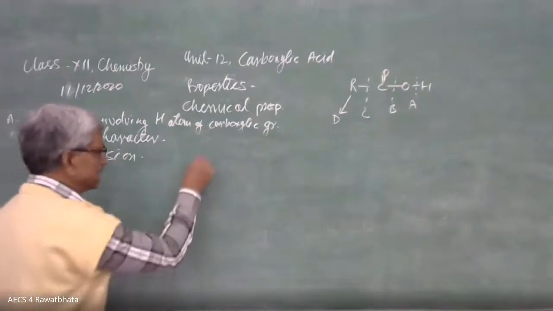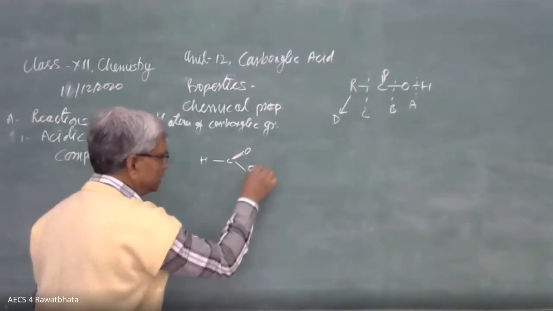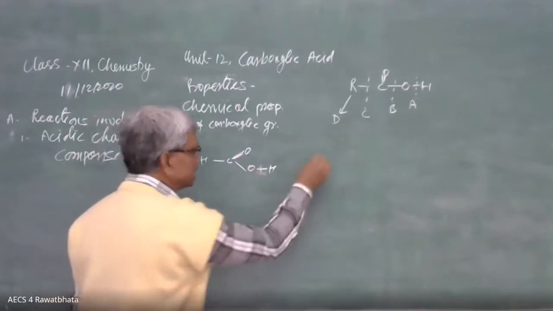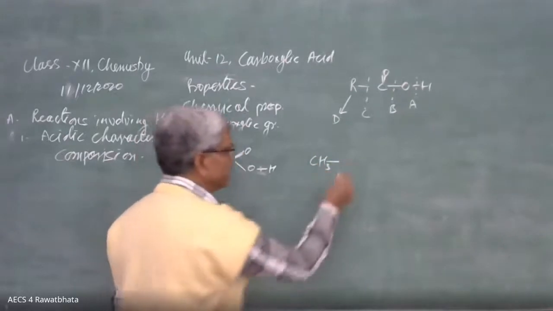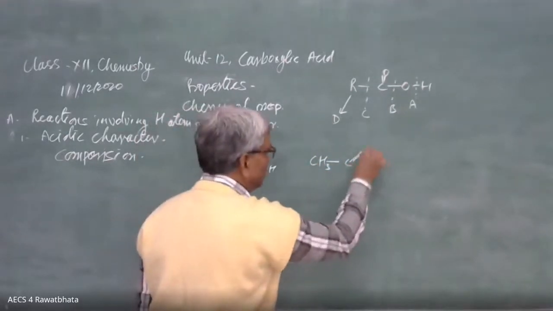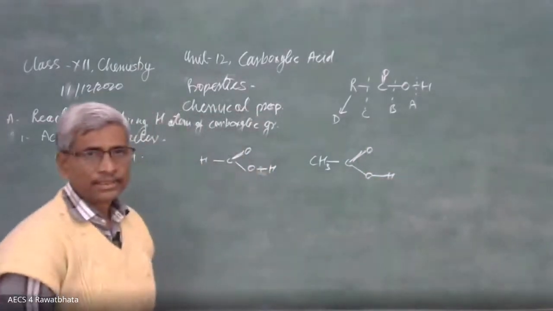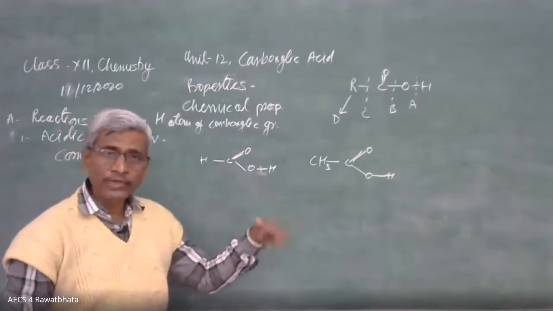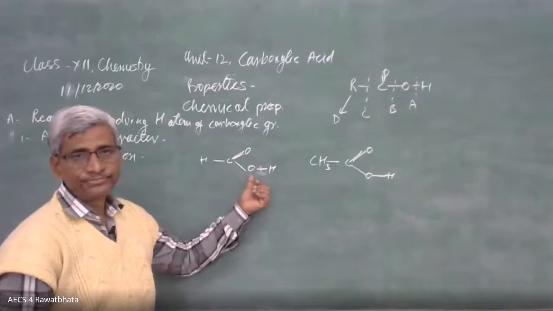Comparison in the sense like this. HCOOH, this is the formic acid, and acetic acid. This is the one comparison between acetic acid and formic acid. Here is the double bond O, here is OH, these two. From that oxygen, hydrogen will come out easily where electron density is lesser.